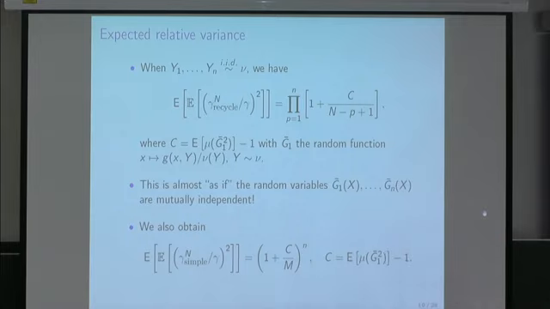Somehow a lot of things have disappeared in a very nice way. And in some sense, although it's not true, obviously, in any literal sense, it's almost as if the random variables g1 up to gn in this latent variable setting are mutually independent, even though they clearly won't be in practice. Okay? In this context, you can easily compare with the simple estimator, which has this kind of expression, 1 plus capital C divided by capital M, all to the power little n, and you can see that this will scale much better than this because capital N is basically m times little n.